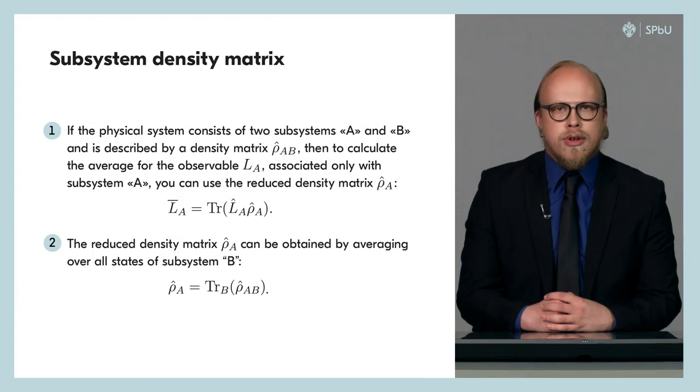Let's consider the procedure of such averaging on the example of a physical system consisting of two parts, that is, subsystem A and subsystem B. The rho AB is the density matrix of the entire system. Then, if we want to know the average of the observable LA associated only with the system A, we must take the trace of the product of the operator LA corresponding to this observable and the reduced density matrix rho A for system A, which is obtained from the density matrix rho AB by taking a partial trace over all basis states